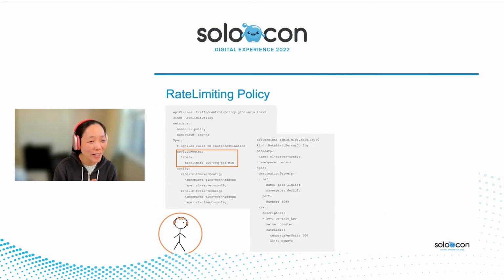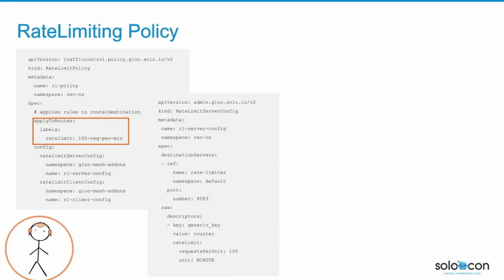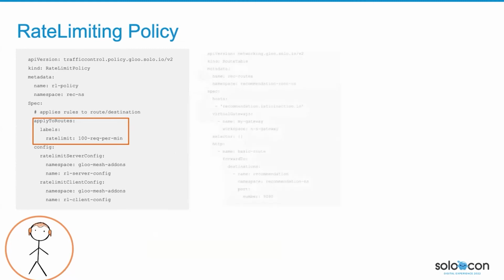And here is a rate limiting policy that you can see is applied to a route. Any of the routes that has a configuration of rate limiting equals 100 requests per minute, a simple rate limiting server configuration. And here's our route table. So the question is how, as a developer, do you pick up this particular rate limiting for this particular route?